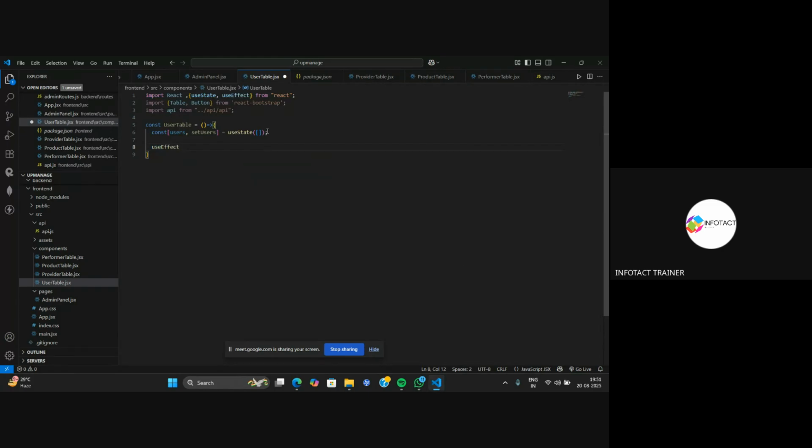All right. And as I have said, we use the useEffect hook in order to perform some kind of functionality. And what is that function going to be? Here, I will write a function that is const fetchUsers is equal to, this one is going to be an asynchronous function. Inside this, I will initialize a try catch block. And inside the try block, I will write,